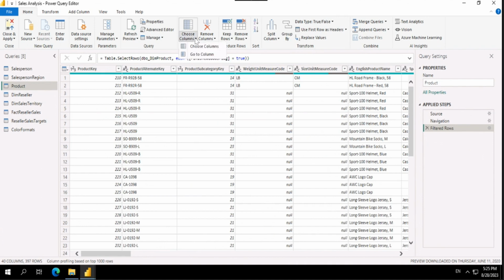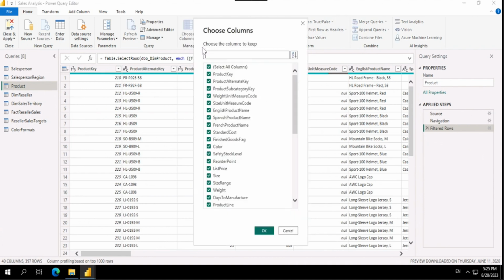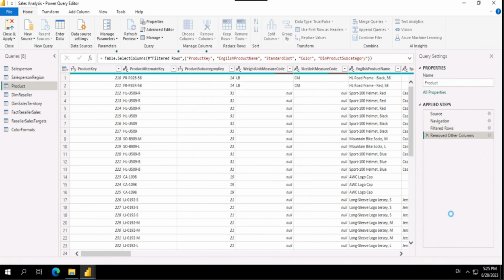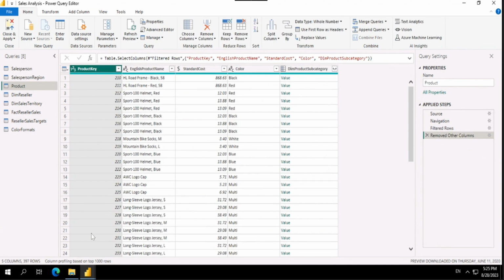After filtering out the finished good flag, what we will do is we'll just remove all other columns, and we'll just keep some important columns which are product key, the product name and standard cost, the color, and another thing which is called product subcategory. And if you can see, we have filtered out everything. We've removed every other thing, and we have just kept these basic columns. So these are the columns. If you can see,